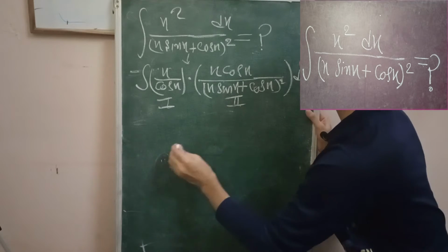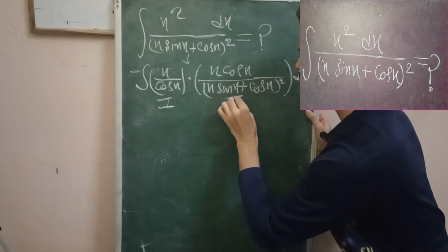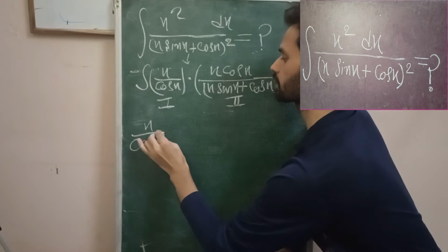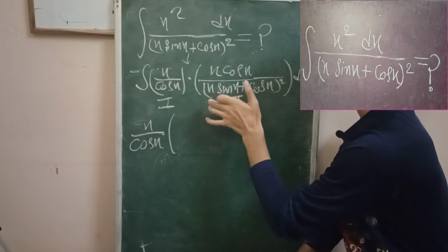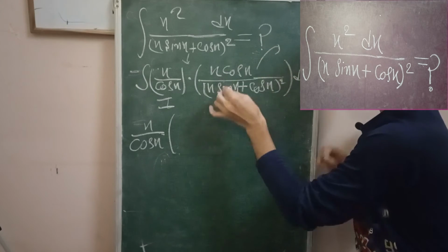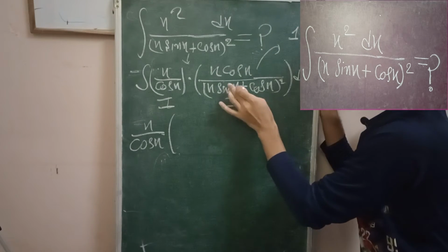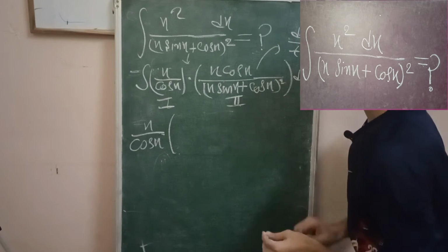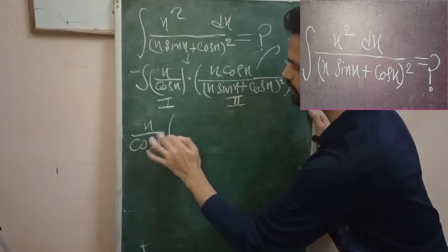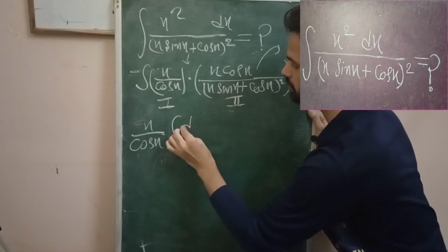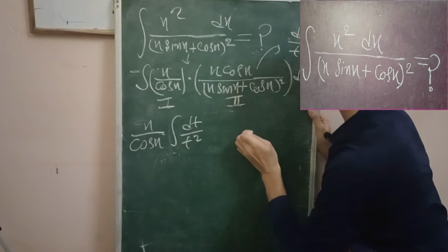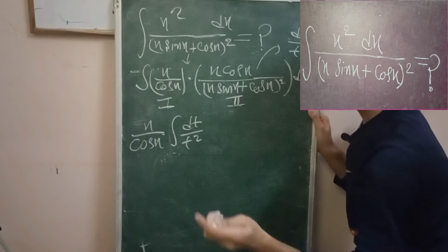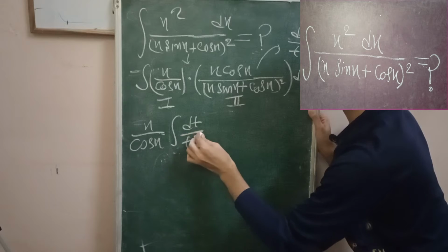Okay, so then after that just apply this rule. Euler rule, what we will do here, first function as it is, x by cos x, integration of second. How will you do integration of second? So what can we write for this? See here, we write this as dt by t square. Can we write it like this or not? So first is as it is, integration of second means dt by t square, putting this equal to t. So this is t square and upside x cos x dx is equal to dt, as we have seen a few minutes before.